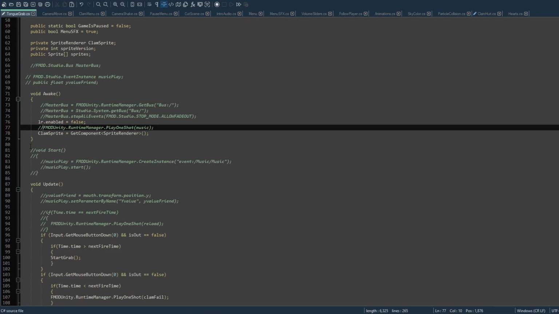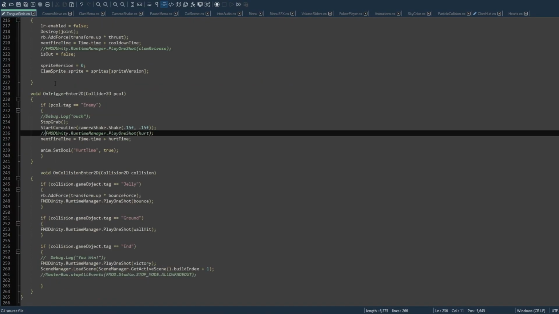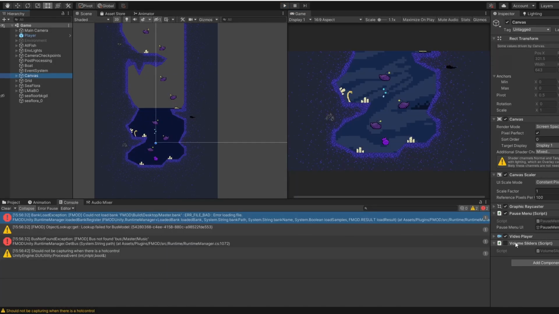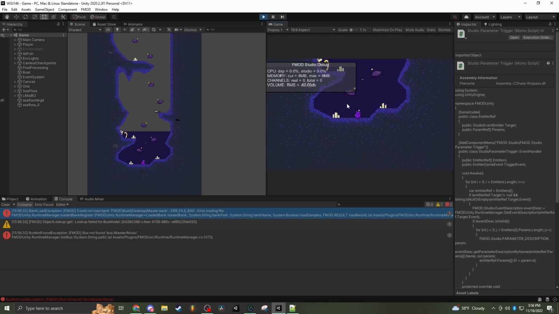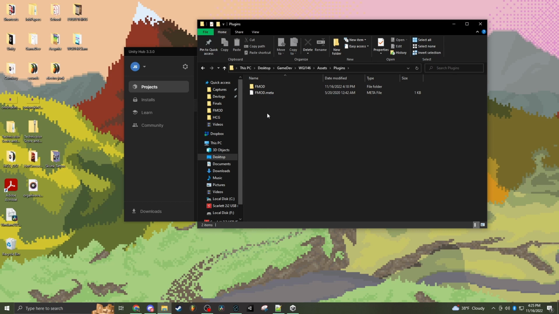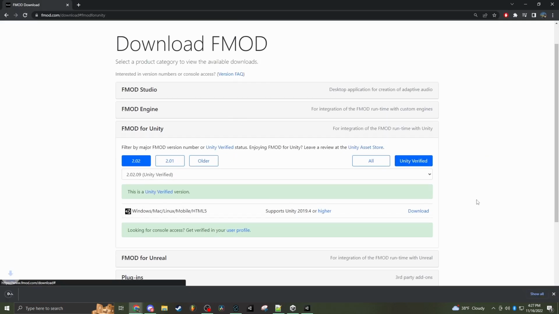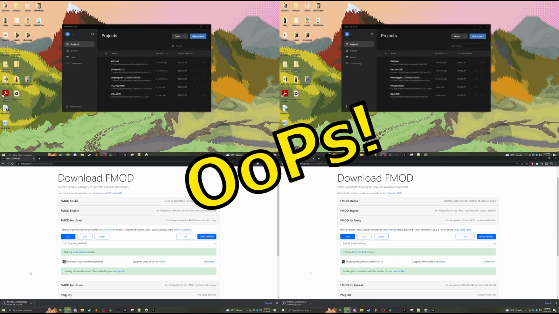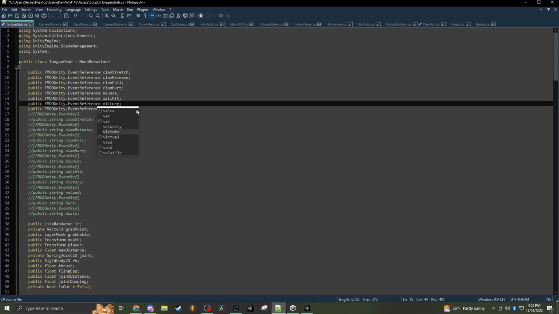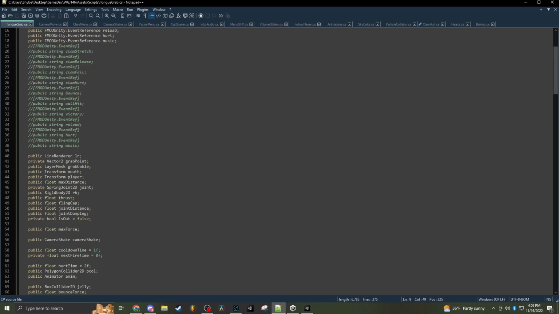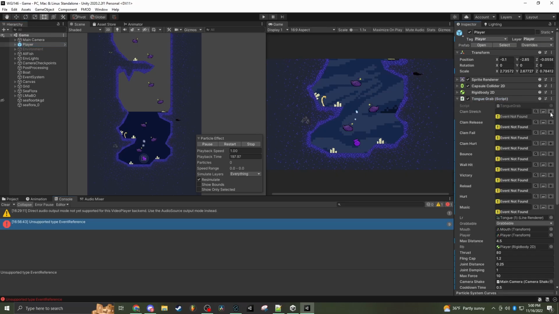To get started, I just wanted to make the game work again, so I marked out literally everything that had to do with FMOD in the code. I had to do this manually, and it took a lot of time, but after I did all of that in the code itself, I then had to delete all the FMOD files from the Unity project folder and then re-download the integration package. And then repeat that process 2 more times because I kept downloading the wrong thing. But finally, once the errors were no more and FMOD was totally gone, I started adding back the new FMOD references. And there we go, we're back to normal.